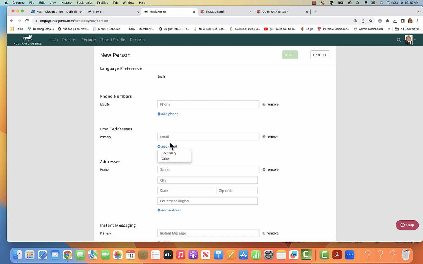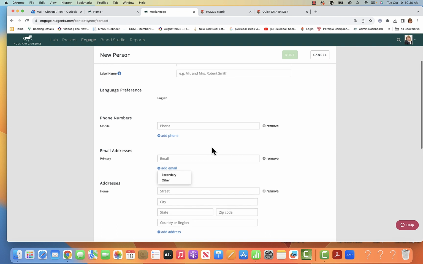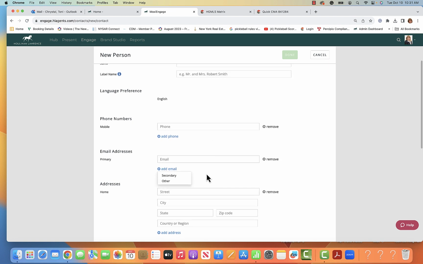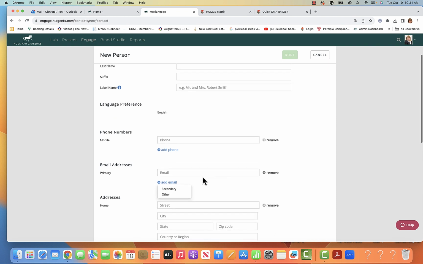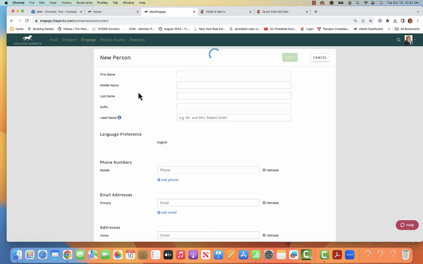There are 2 options for email. You can have a secondary email and a third email. A very important note, if you're setting up home finders, you have to have the Moxi Engage set up first. So you want to put your person or people in Moxi Engage before you set up a home finder. And a home finder will receive 3 emails. So be sure to set up your Moxi Engage person in Moxi Engage if you're going to set up home finders. So I'm just going to cancel that for now because I want to go into the